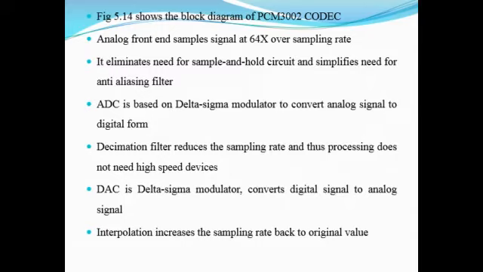So DAC is digital to analog conversion, and it is delta sigma modulator, which is going to convert digital signal to analog signal. So there is another process we come across during the later stage of this codec, where we are going to convert the digital signal to analog signal. And coming to the other part of the process, we had a process called interpolation discussed. So interpolation is going to increase the sampling rate back to the original values.